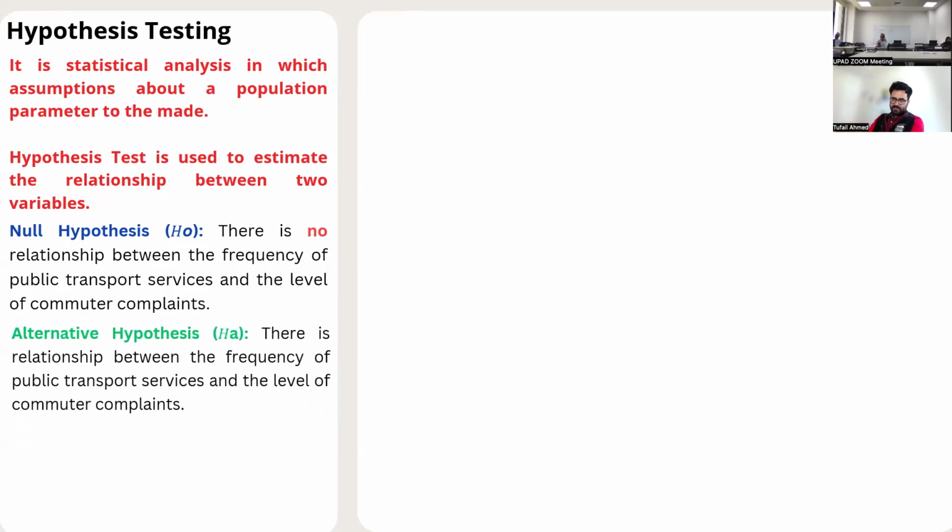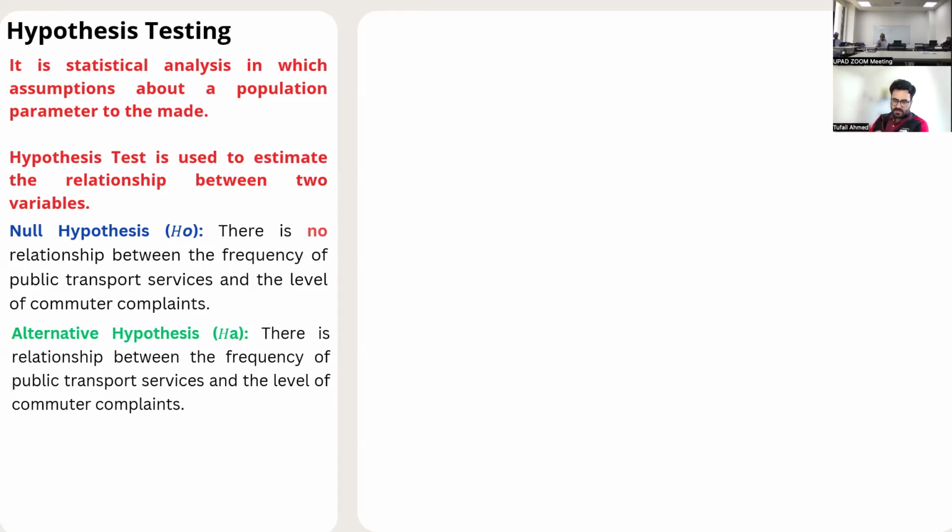There are some examples from public transport. When you want to test, you have to make a null hypothesis and an alternative hypothesis. The null hypothesis will be that there is no relationship. Let's say he gives the example of Cristiano Ronaldo. If Cristiano Ronaldo plays, there is a chance that Al Nassr will win.